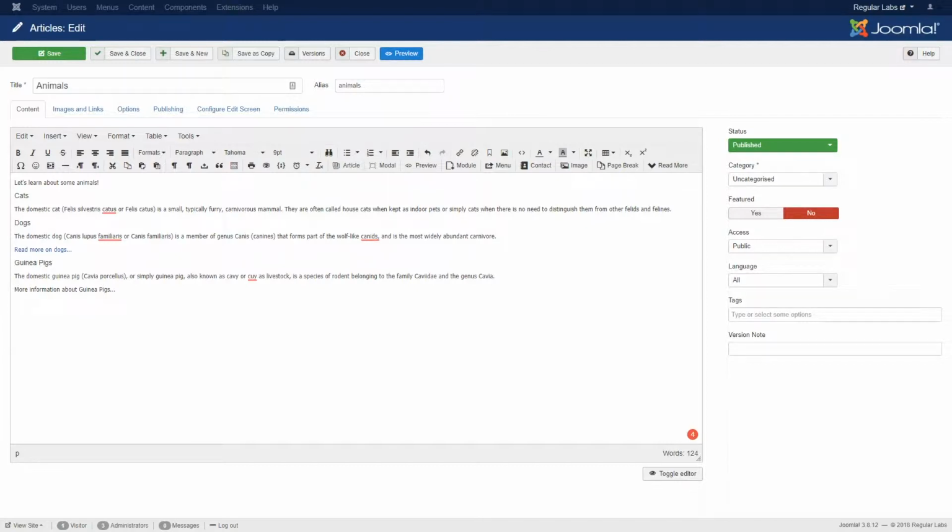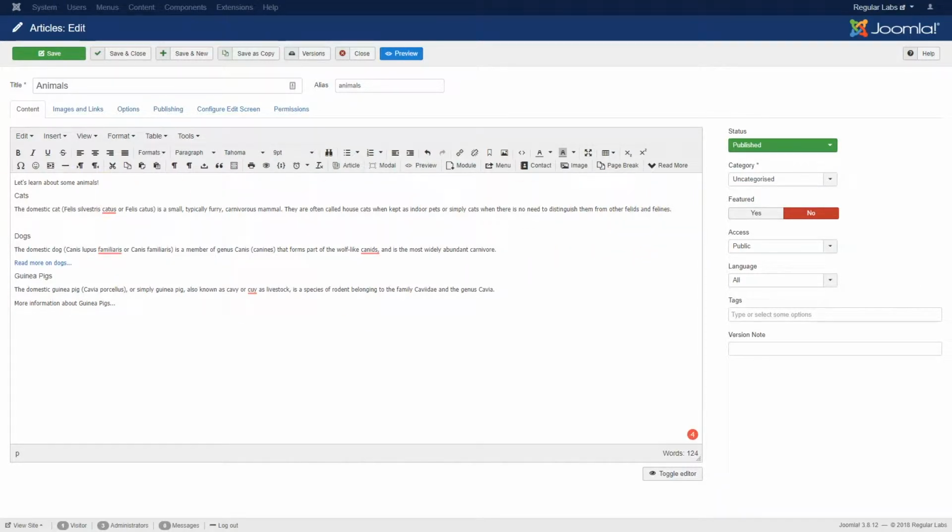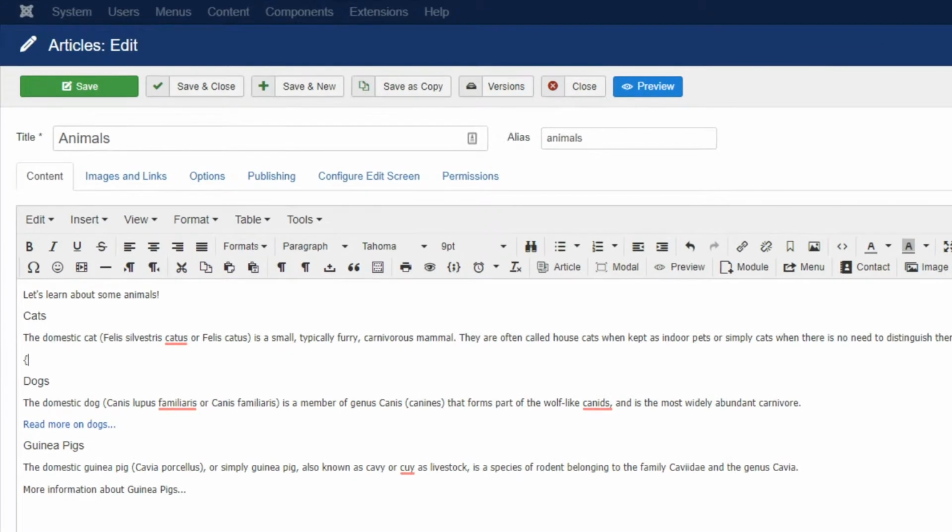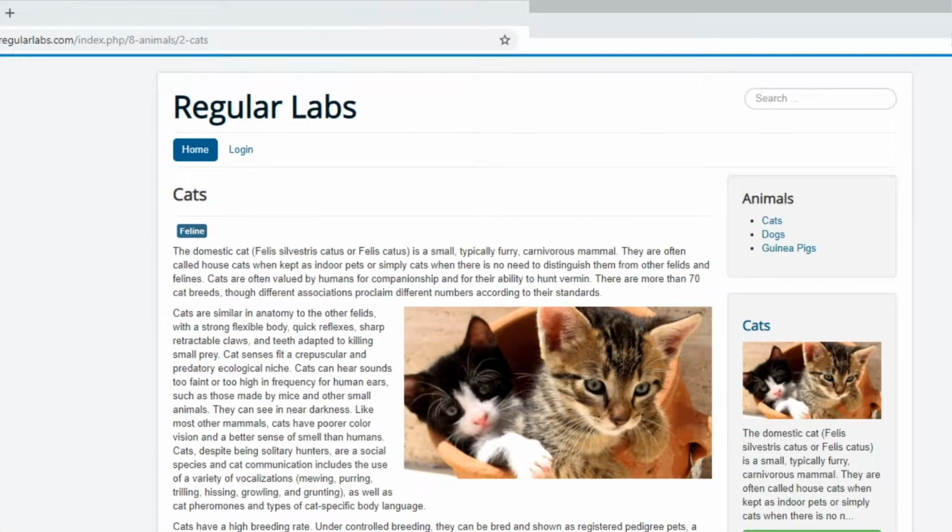Let's start with a simple example. We are in an article about animals. Let's say that in this article we want to insert a modal pop-up that opens the cats article. All we need to do is place a modal plugin tag in the editor using curly braces, and close it with a closing modal tag, like this. Then inside this opening tag, we add a URL attribute to tell Modals what URL we want it to open. So we copy and paste the URL of our desired page